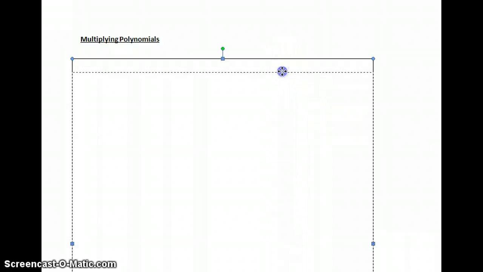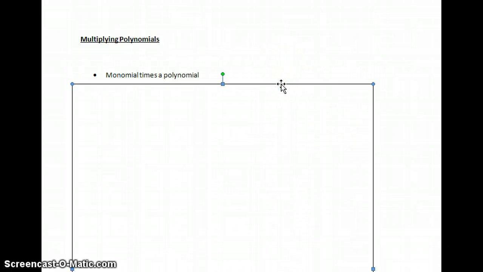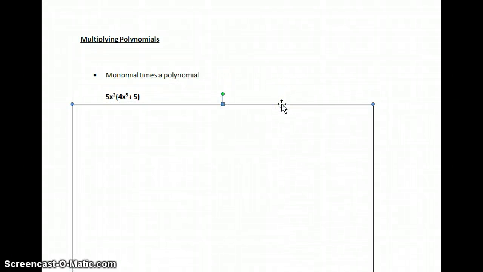There are three basic types. First off, if we have a monomial times a polynomial, this is the distributive property, but we have a couple of x squareds and maybe even some y squareds and different variables involved in here. So when we multiply this,